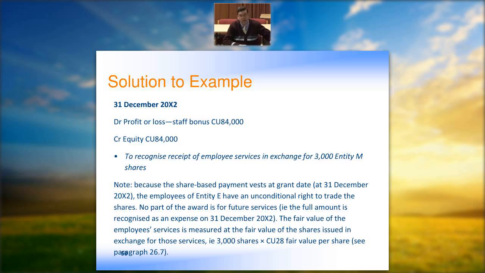The staff bonus, again, it's the 3,000 shares at 28 units, which is 84,000, and that's to recognise the receipt of employee services in respect of 3,000 Entity M shares. And again, if you look back, that 84,000 is approximately equal to 1% of the total payroll, which was 8.4 million. So again, it's just debit to profit and loss, credit equity, because it's essentially extra payments for the employees. Now, if we go back to number C here,